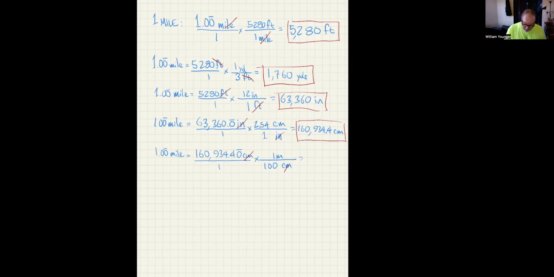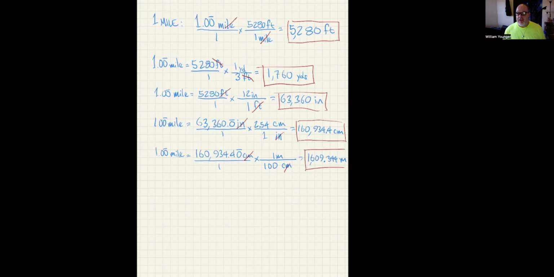But if you got rusty or in the stress of the test, it might help you. So this is 1,609.344 meters. And again, this is exactly a result. In fact, after that 4, you could write any number of zeros after it and it'd still be right. So that's how many meters 1 mile makes,